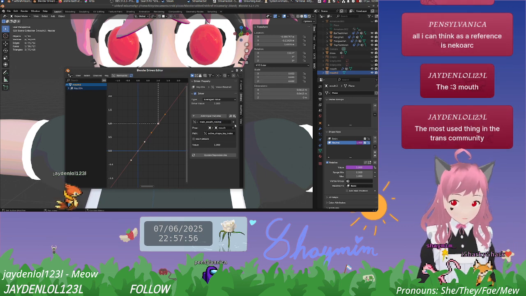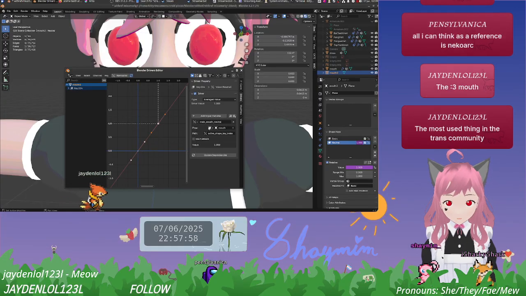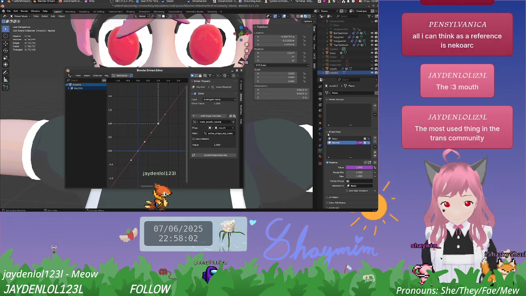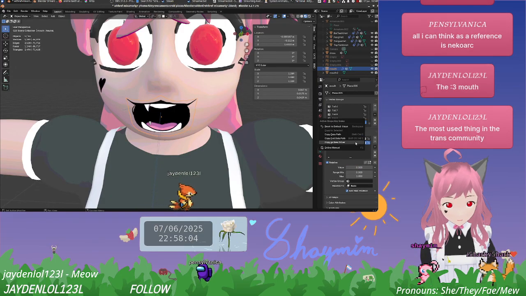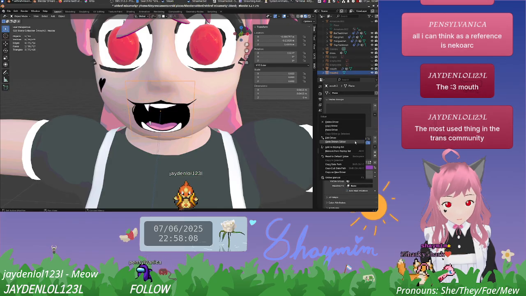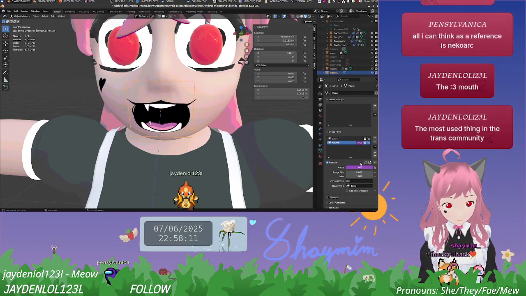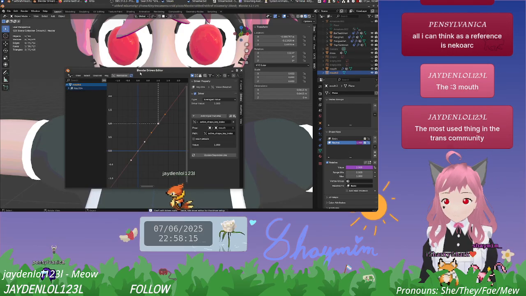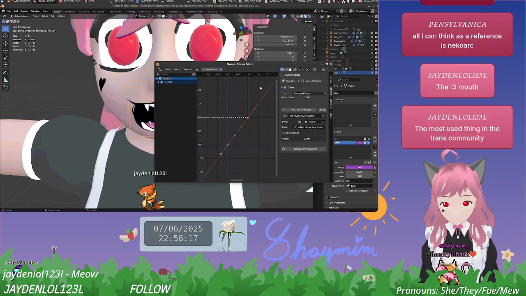Main mouth neutral can be like this. Copy as new driver. Paste driver. That's a little odd.